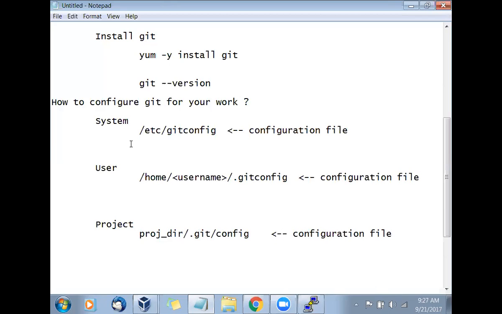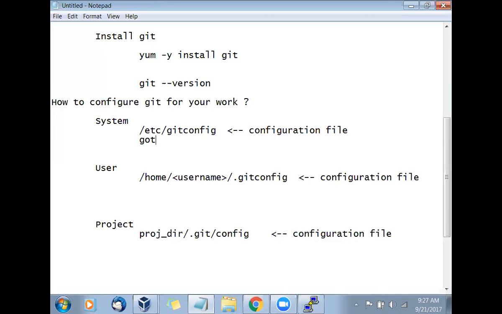Now, either you can open this file in the VI editor and you can edit this file, or Git has given a command line to edit the file. So whichever method you are convenient with. We will go with the command line. As you are starting, you should know what to do. That's why we are going with the command line.